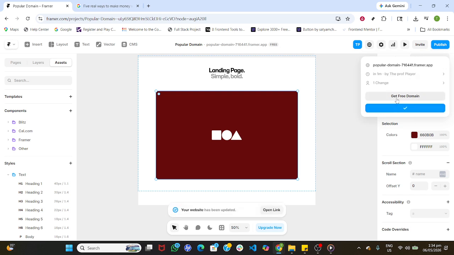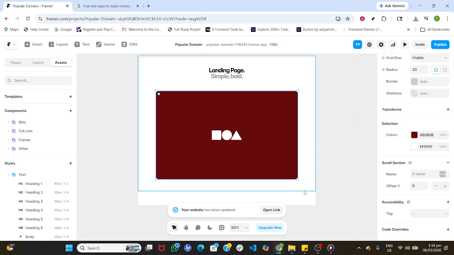Preview first to ensure your section scrolls and links exactly as expected, then publish with confidence. That's it. You've added a section in Framer, configured its interactions and layout,